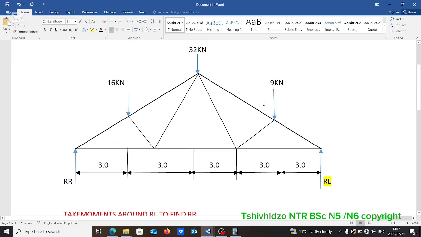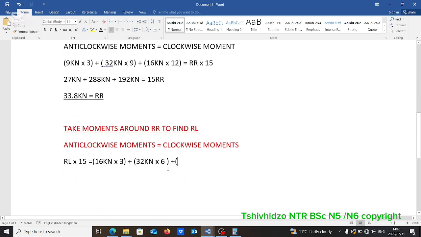Let's go through the last one. It will be 9 kilonewton multiplied by 12 (1, 2, 3, 4, or by 12). So this is 15 RL equals 16 multiplied by 3